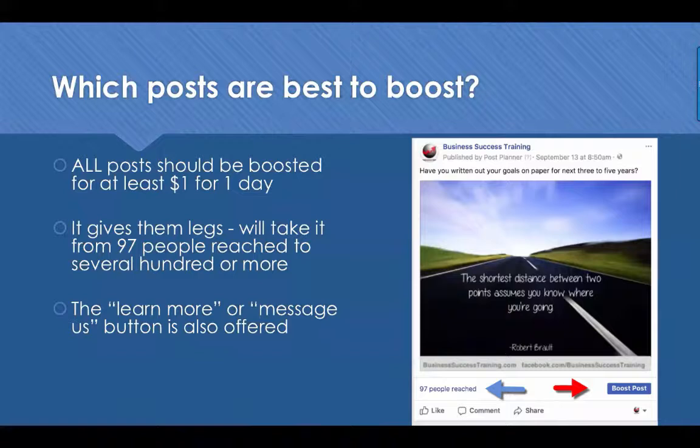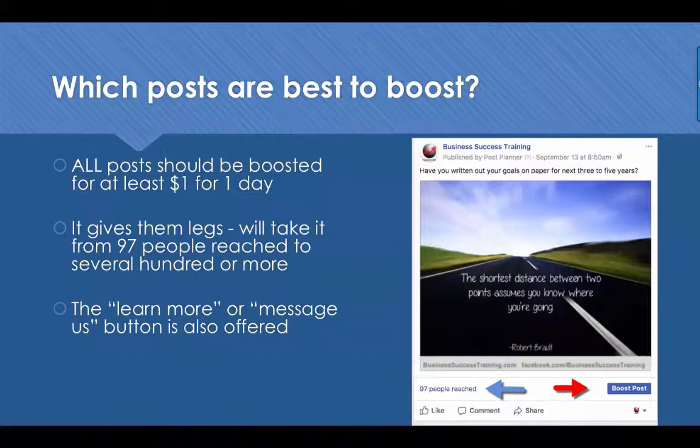And why I say boost it is because when we boost it, Facebook has a nice little feature that they will add to your photo or to your message. And you can't even get this through the ad creator. They're starting to roll it out more, but not through all of their choices. If you upload a picture on your business page, you could add a message us button. The Facebook Messenger, and I'm not going to go too deep down that rabbit hole today, but that's going to be your best friend moving forward.